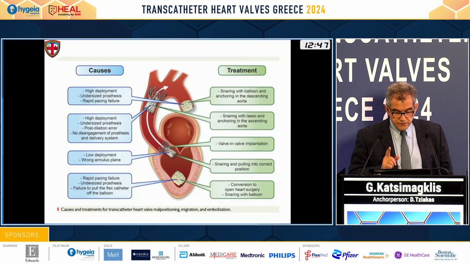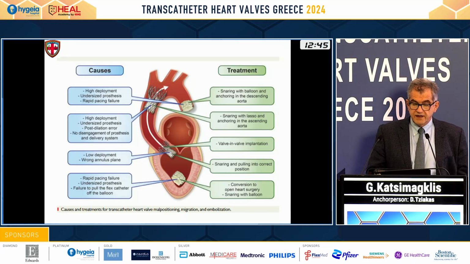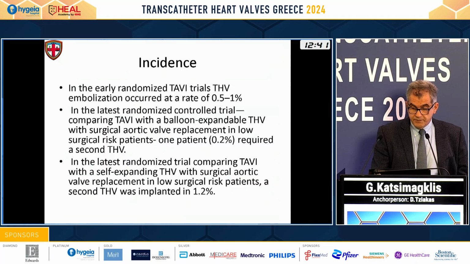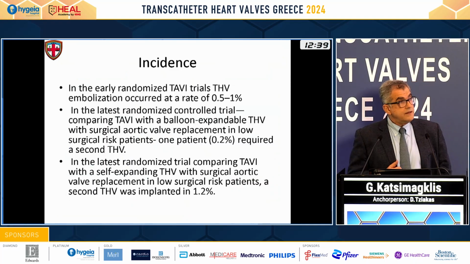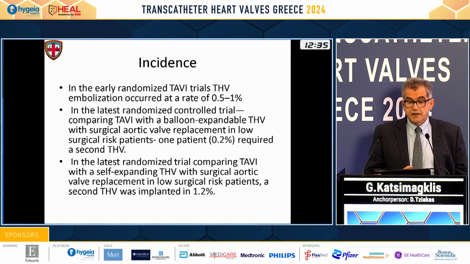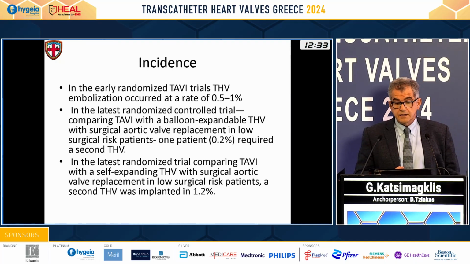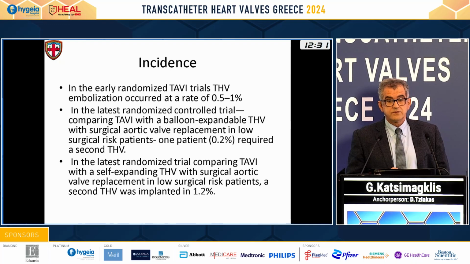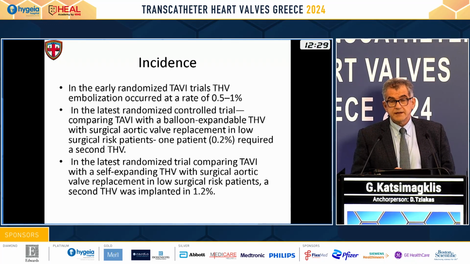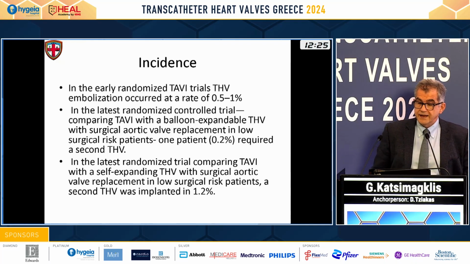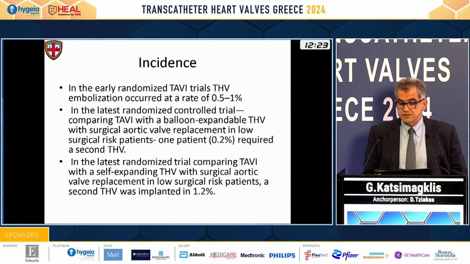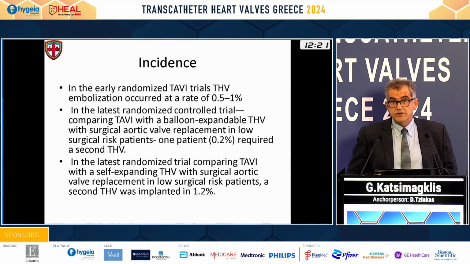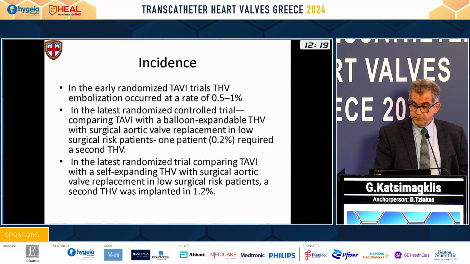This is the main cause for the balloon expanding valves, along with failure to pull the flex catheter off the balloon. In the early randomized TAVI trials, this embolization occurred at a rate of 0.5 to 1%, as we have already mentioned. In the latest randomized controlled trials, it is 0.2% for balloon expanding valves, and for self-expanding valves it is